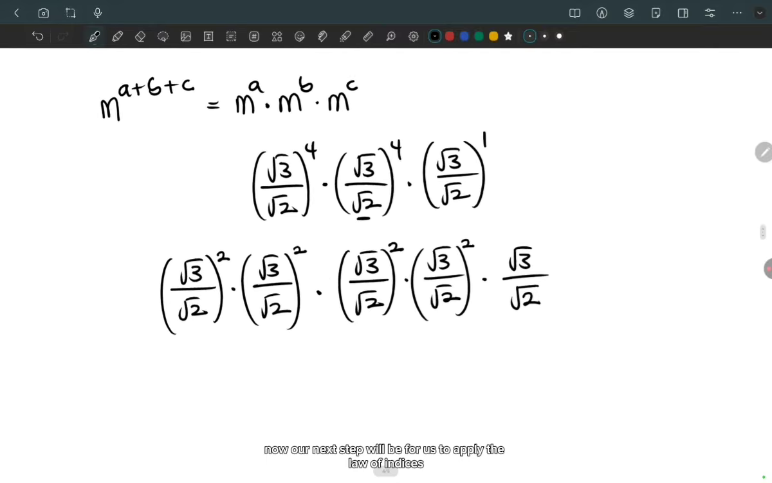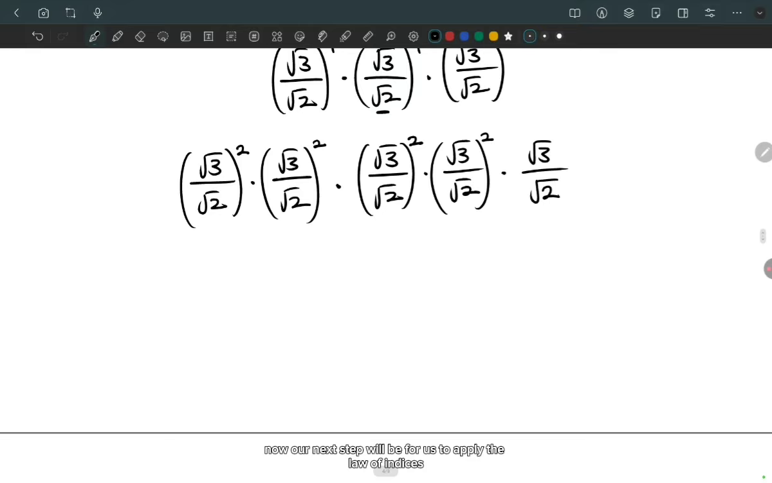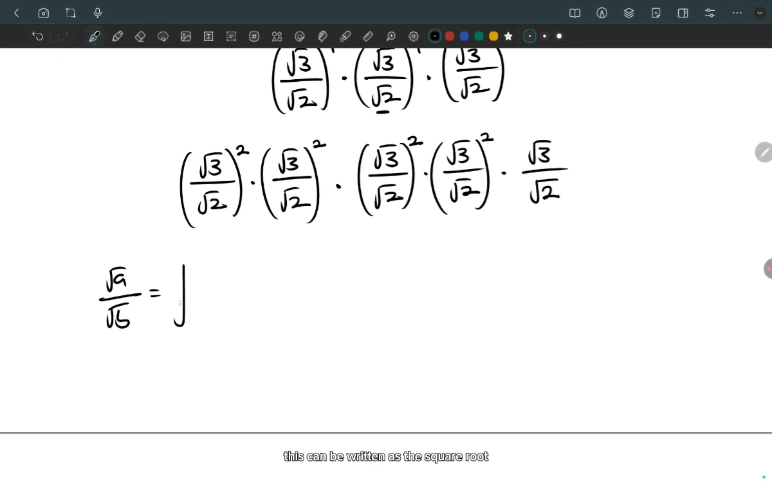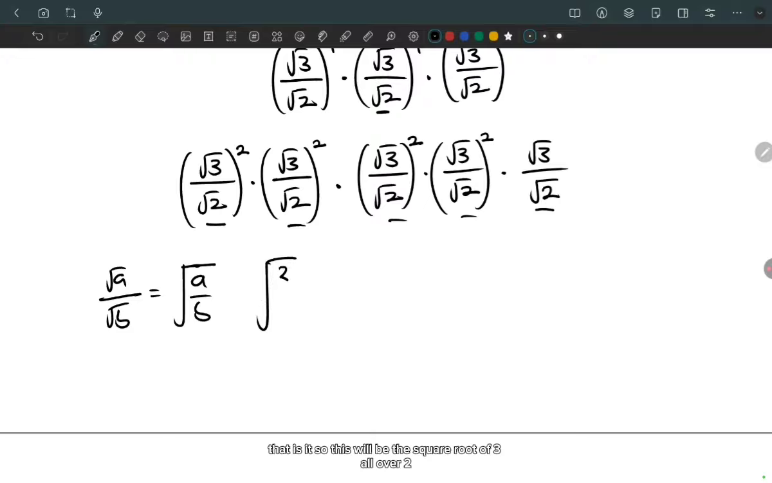Now our next step will be for us to apply the law of indices that says that when I have the square root of A all over the square root of B, this can be written as a single square root of A all over B. Now we're going to be applying that here, here, here, here, and here. That is it. So this will be the square root of 3 all over 2, all raised to the power